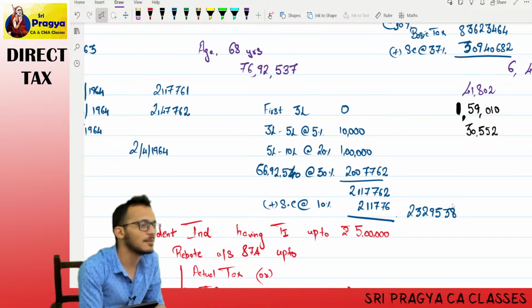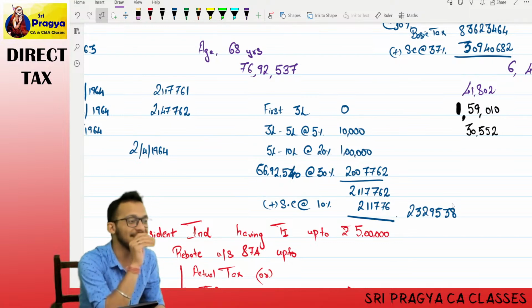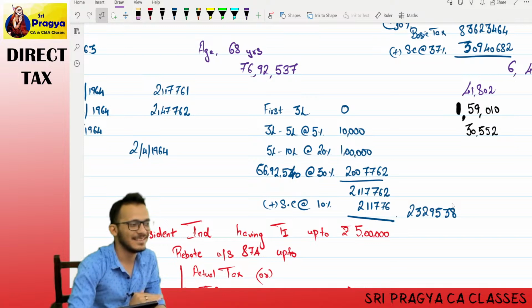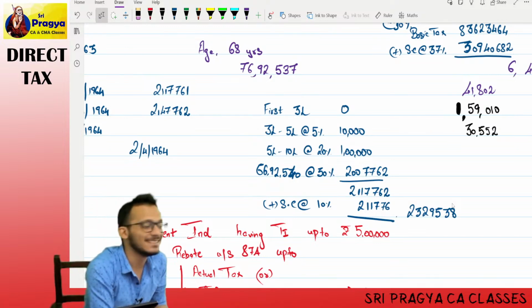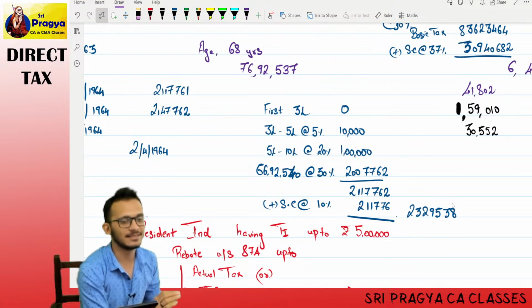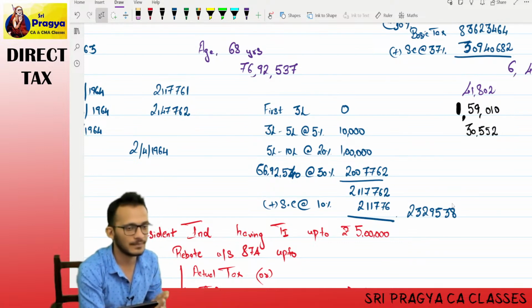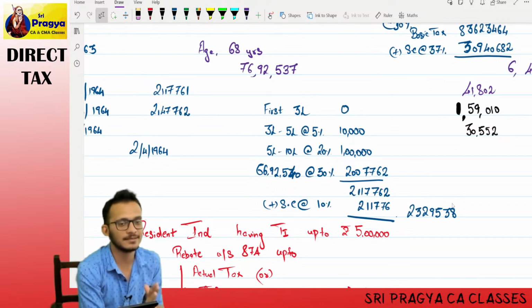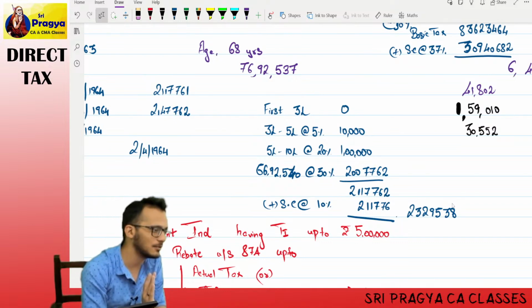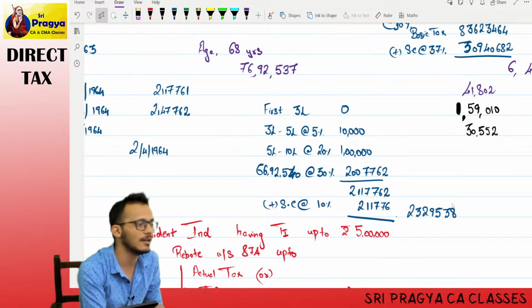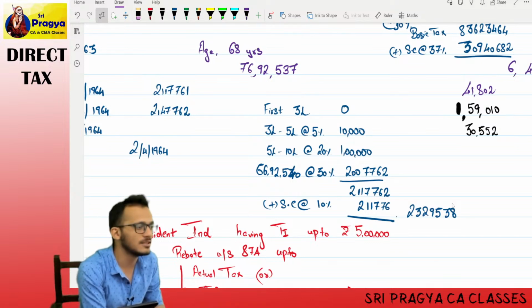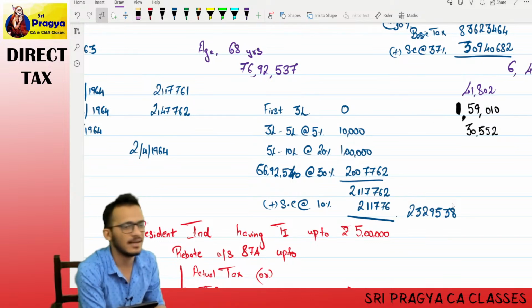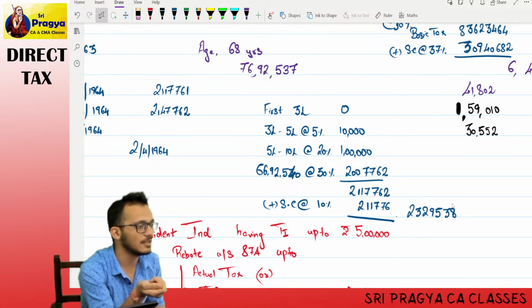Rahul, is the chapter finished? We have just started. This is the easiest of the chapter, by the way. You have only touched it so far. Does this make sense right now? Rahul, do I have to remember the surcharge rates? Yes, no doubts. You have to remember everything. All limits, all numbers. Understand all the questions which you have right now.